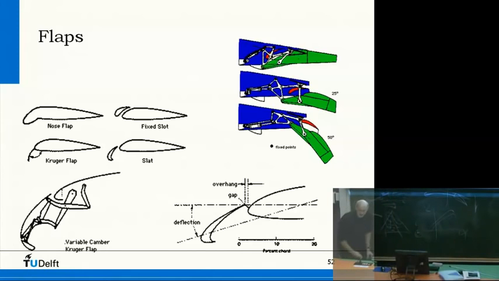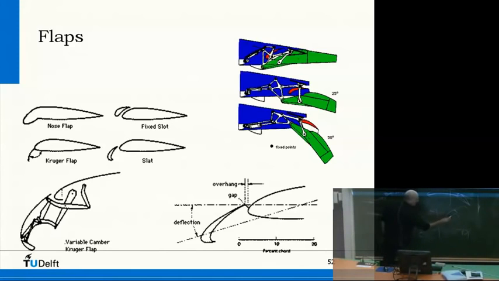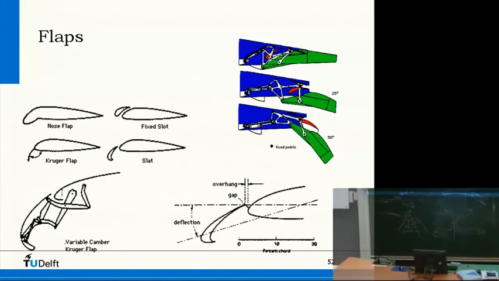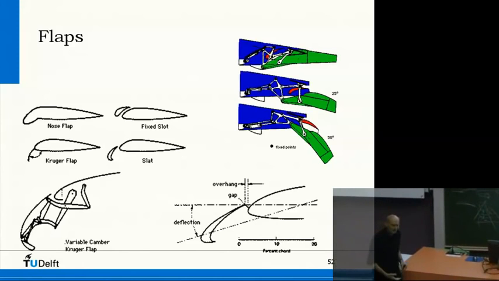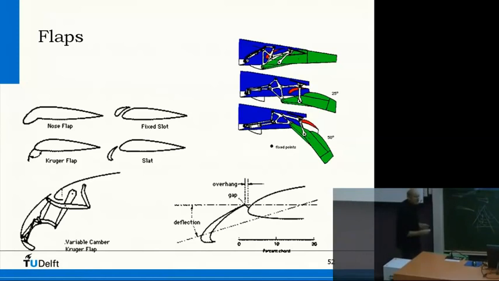And if you have a slat, then you change the angle of attack for the CL max, so it goes like that. If you do nothing in the trailing edge but you do it in the leading edge, then you would have something like that. So a slat extends the existing CL alpha curve, and a flap shifts the CL alpha curve to a higher value. And the nice thing about all these slots is the fact that you renew